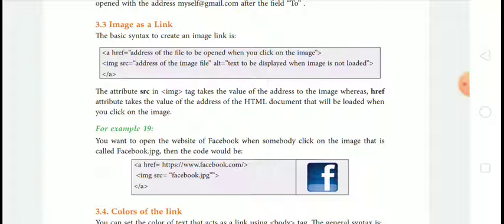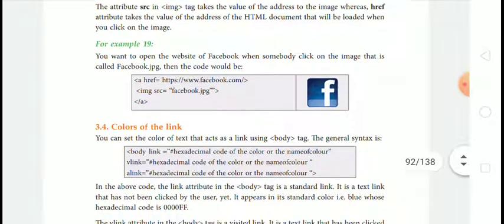The src attribute in the img tag takes the value of the address of the image, whereas the href attribute takes the value of the address of the HTML document that will be loaded when you click on the image.